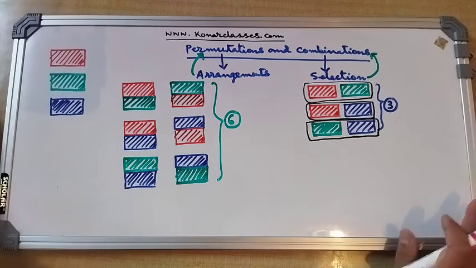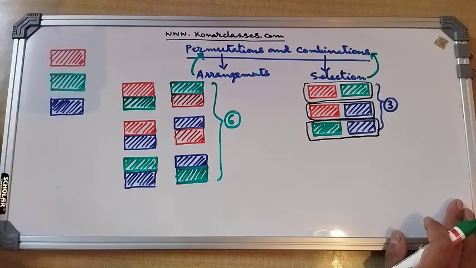Now the next point we are going to discuss is what is the purpose of learning permutations and combinations. Means, why should we learn? What is the motivation behind learning permutations and combinations? Let us understand by means of an example, because when you start discussing with examples, things become pretty simple.